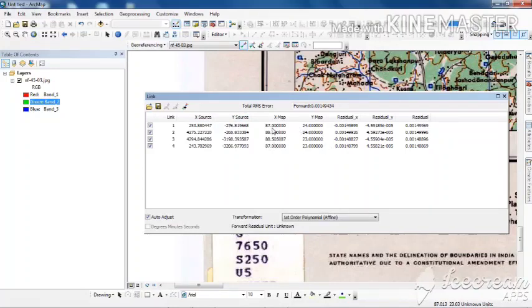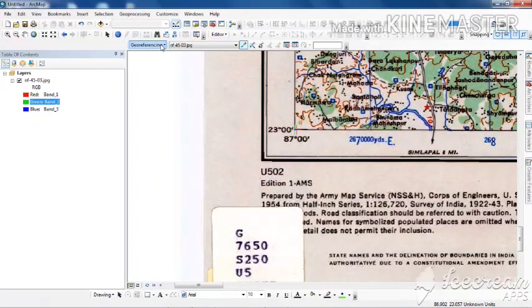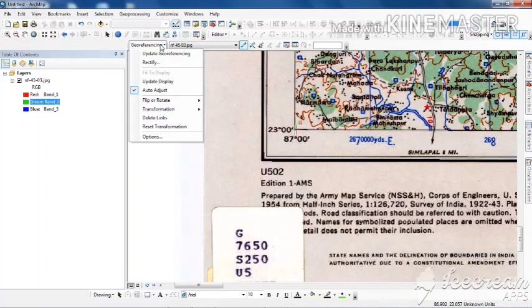These are the coordinates that I have put, and these are the residuals. Residuals show that if this value is greater than 1, it means I have errors in taking these GCPs. But as the value is less than 1, it is 0.00, it is almost accurate. After that I will have to go to georeferencing and go to the rectify option.